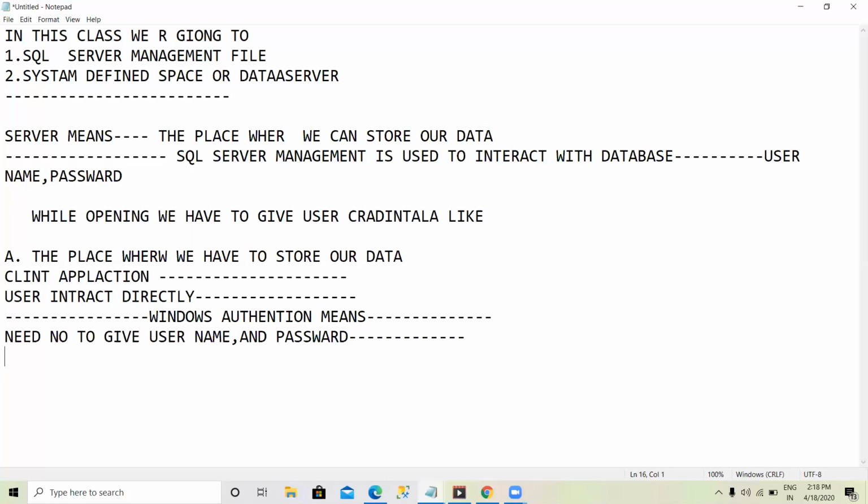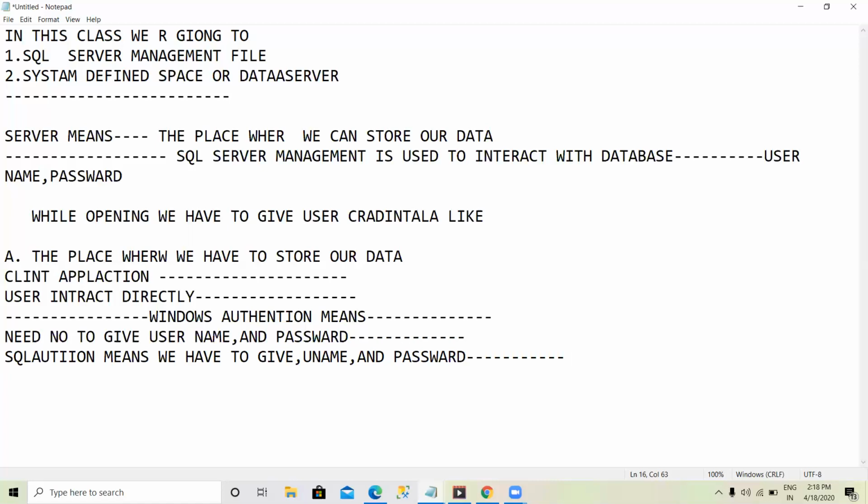If you are using SQL authentication, you have to give a username and password. I think it's clear.